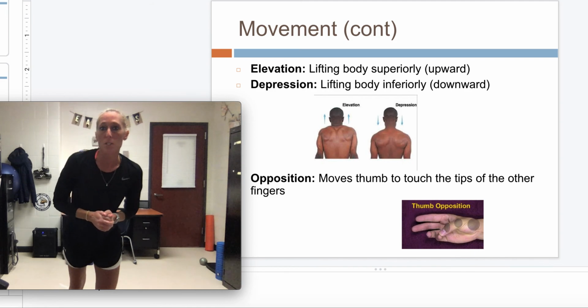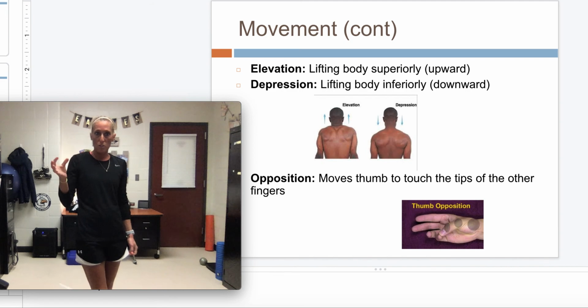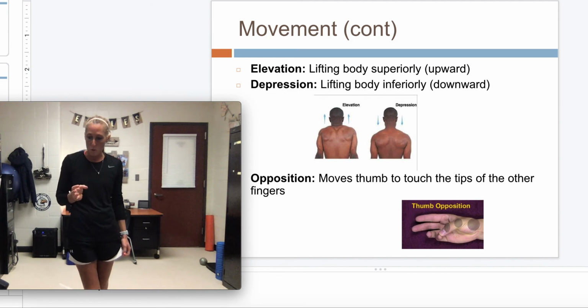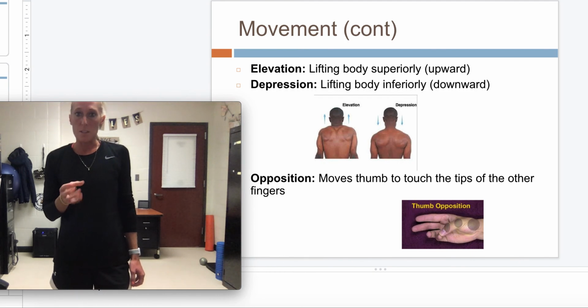The next one is opposition. Opposition is when we move our thumb and touch our fingers. I think when Mr. Snow, we talked about life of the athlete stuff, we talked about one of the skills was this skill right here. But opposition is what makes us different than some other